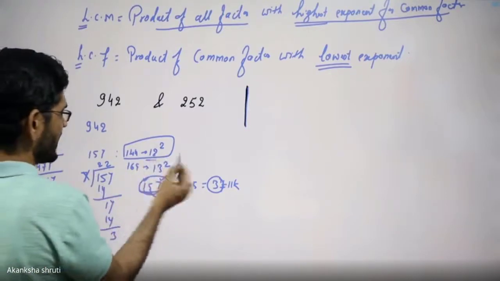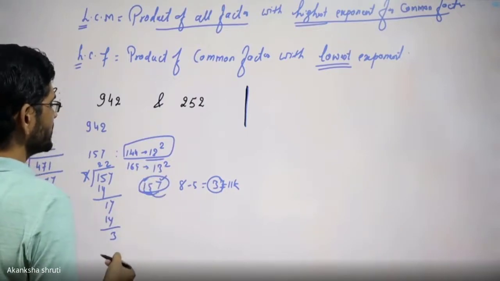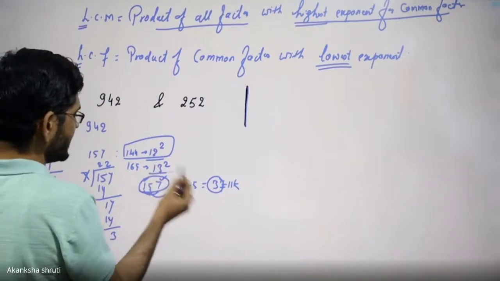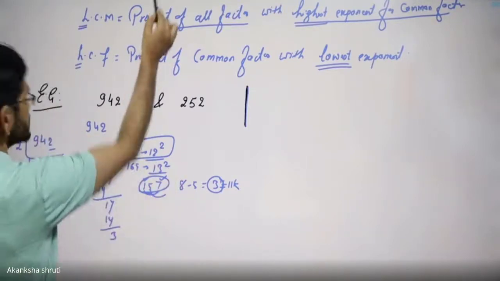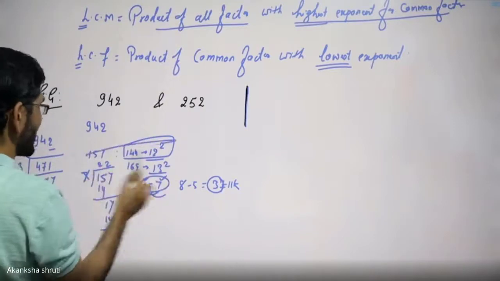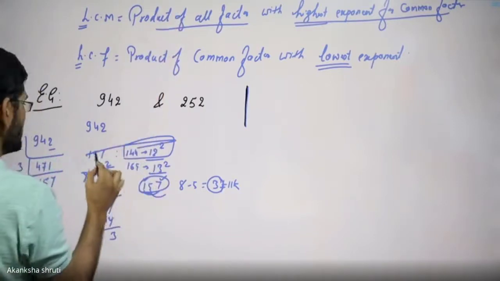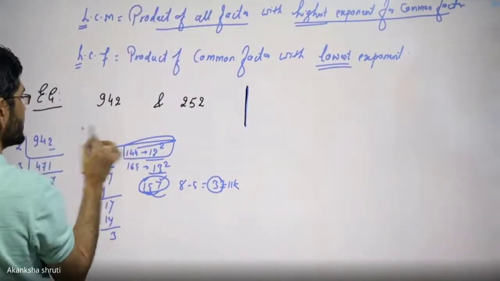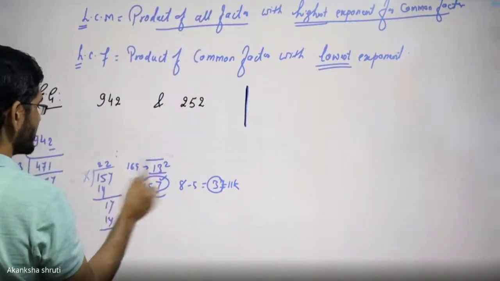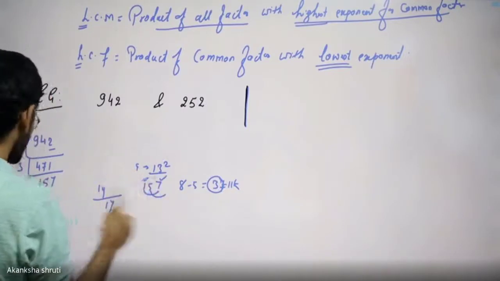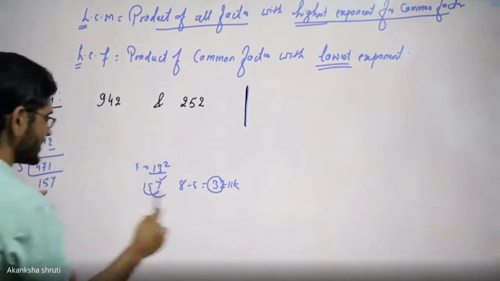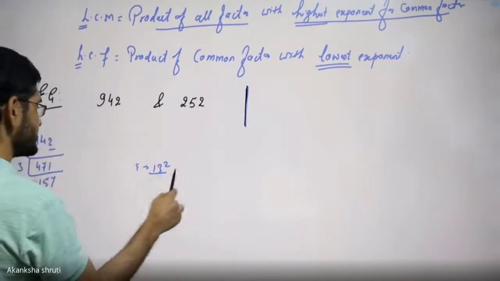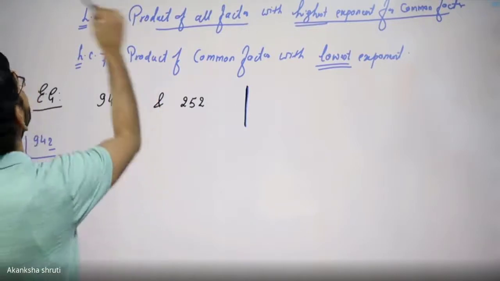Now for this 12, student, again it is not divisible because it is not divisible by 2. 13, even not required. So this way we have confirmed that this 157 is a prime number. So student, it is very important that you need to confirm. But how long? Just take the square root and check only up to that square root. You will get to know, no need to do more.